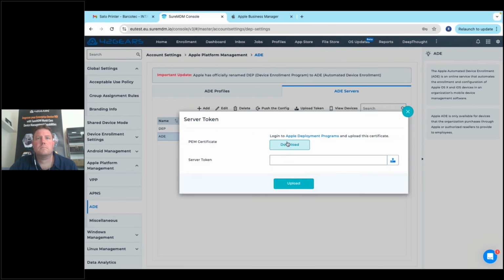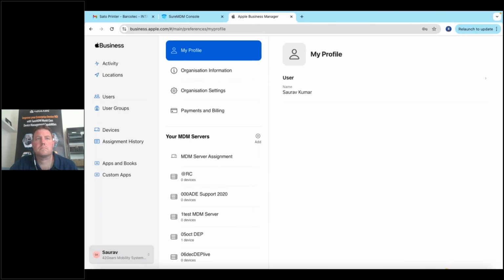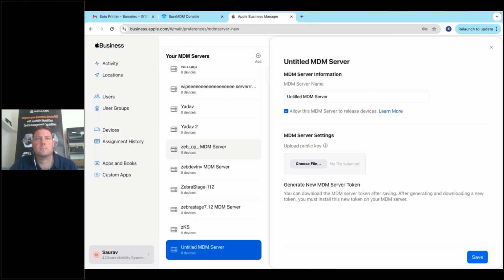But first, I'll have to download the PM certificate so that I can create the connection onto your Apple Business Manager, or business.apple.com as well. So I can go into Apple Business, and then I can click on my own profile, preferences, and then I can connect my MDM over here by clicking on your MDM servers. I can provide the name, for example,